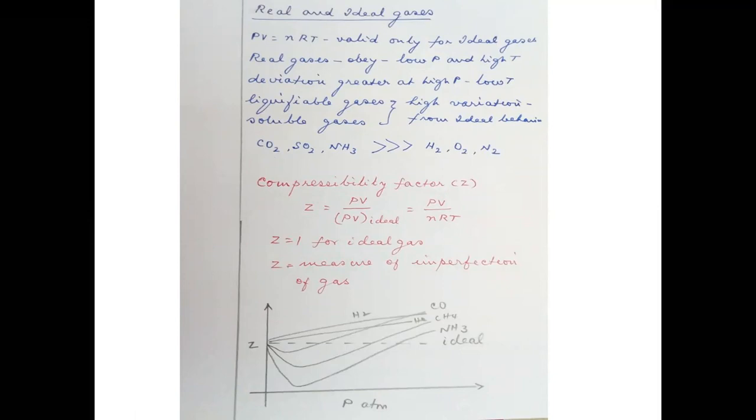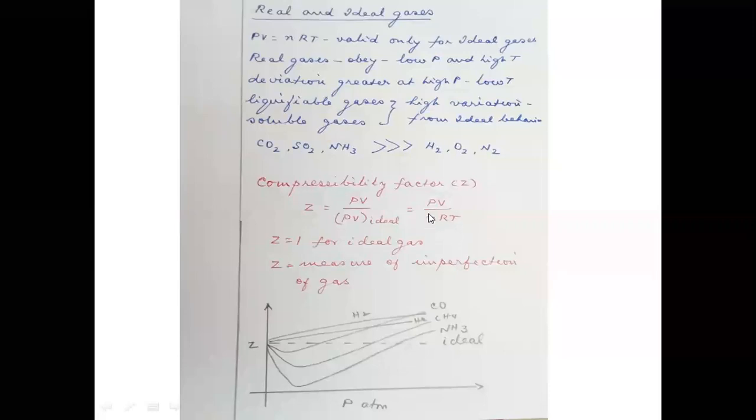So in these cases, in order to account for the difference between the ideal gas and the real gas, another factor is considered, which is called the compressibility factor. What is this compressibility factor? PV of real gas divided by PV of ideal gas is called Z, the compressibility factor, which is equal to PV by nRT,